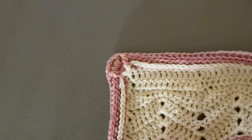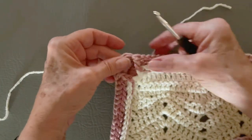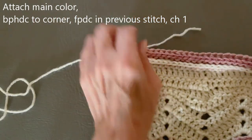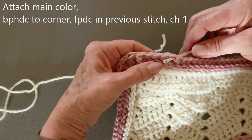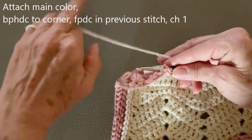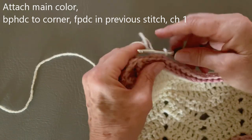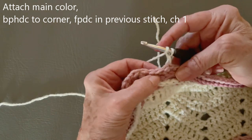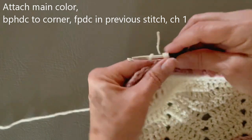For the last row, sorry, the third row, we're going to go back to our main color again, and we'll do the same thing, and we'll put 3 puff stitches in the corners. So just to review how to do this again, we're doing your hook from back to front to back, and then just pick up that yarn, pull through, yarn over, pull through, and then we will do the back post half double crochet to the corner,